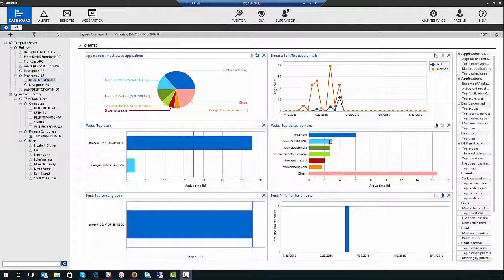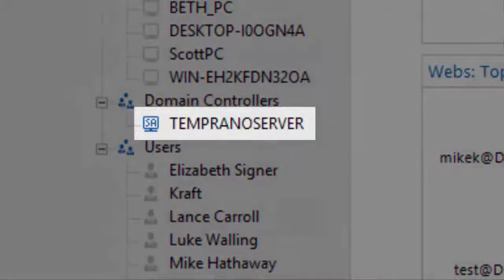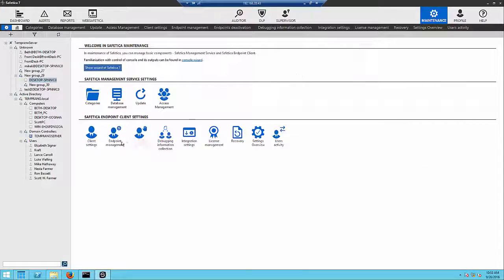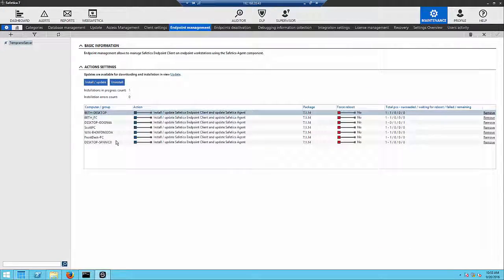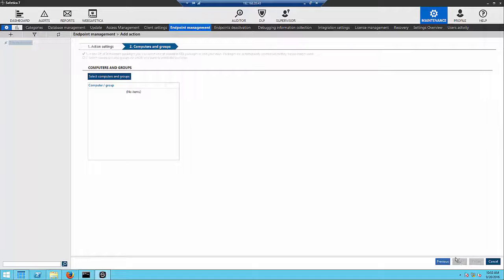From the Safetica Management Console, check the user and device tree. If the Safetica agent is present on a device, you will see the computer icon with SA in it. Now, go to Maintenance and then Endpoint Management and click Install Update. During the installation process, you have the option to force reboot devices to complete the installation. In this training, we will be deploying to a server, so we will hit Reboot later,